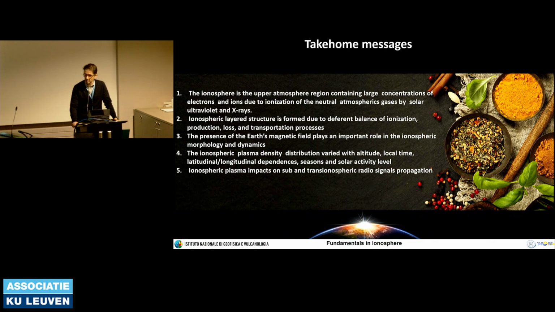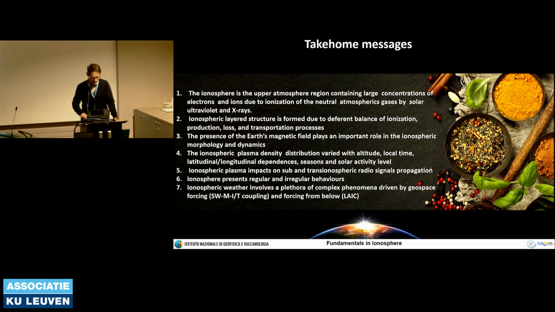Usually the ionosphere is delicate because on one end you want to know about the ionosphere, you need technologies, you need measurements, but on the other side you want to protect those instruments and technology from the effects you want to see. So it's always nice to understand on which side of the balance you want to put yourself. And regular and irregular behaviors are important to know because we need to understand what alters the ionospheric plasma and how it is altered.